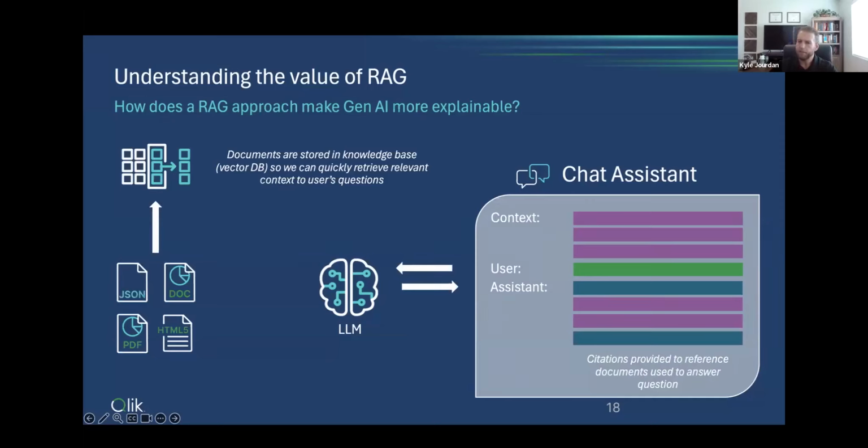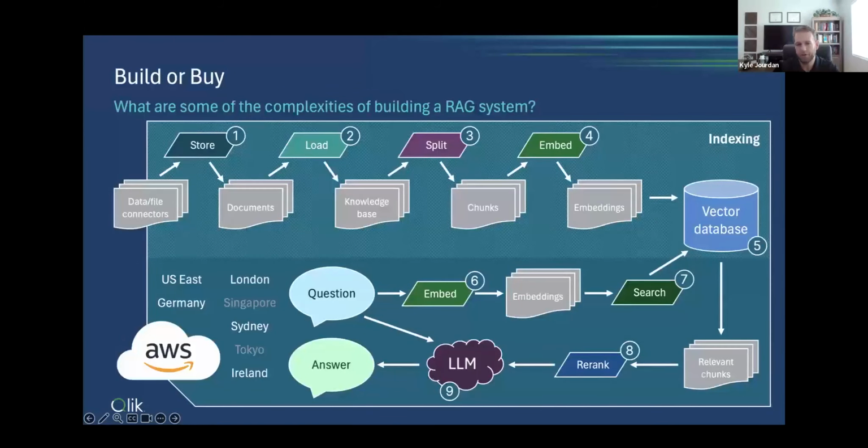The environment I'm going to show you is incredibly simple to use. But I want to emphasize that this simple interface that we have here at Qlik with Qlik Answers came from acquisitions of decades of experience in building these RAG systems. And so under the hood, there's a lot of complexity happening that we are abstracting away into a very simple interface for you to just connect to your data sources and then build an assistant very quickly.